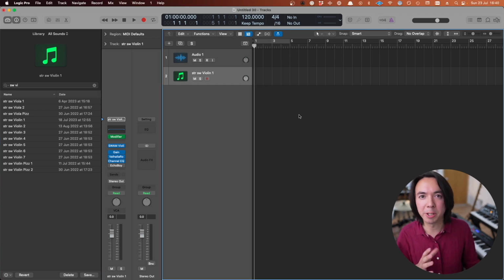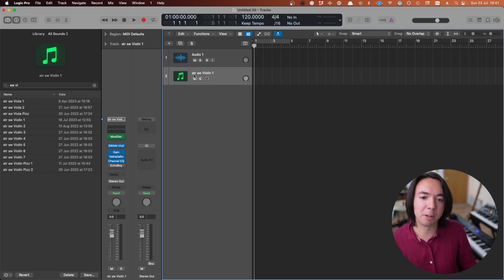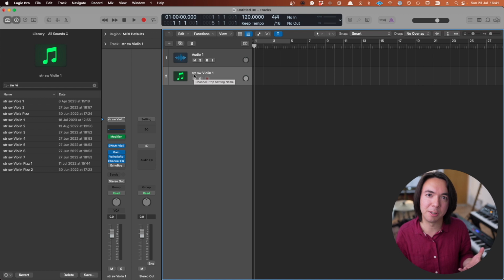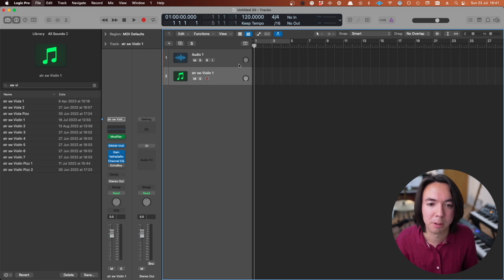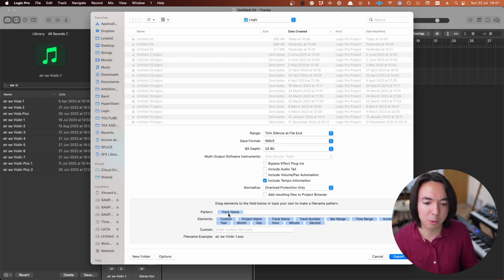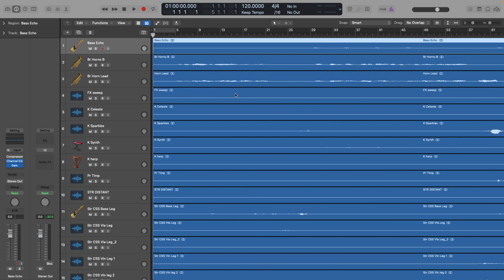Let me talk briefly about my naming conventions for these custom channel strip settings. So the STR refers to the family of instruments. So I've got STR for strings, BR for brass, and so on. And that's helpful mainly because if I export the track using the Command E export, which I often do when I'm creating stems for a mix engineer, it's going to automatically name the file that it exports using the track name. And that means that if I have multiple string instruments, all with STR, when the mix engineer drops those audio files into Pro Tools or whatever, if they're alphabetized, they're all going to be bunched up together,